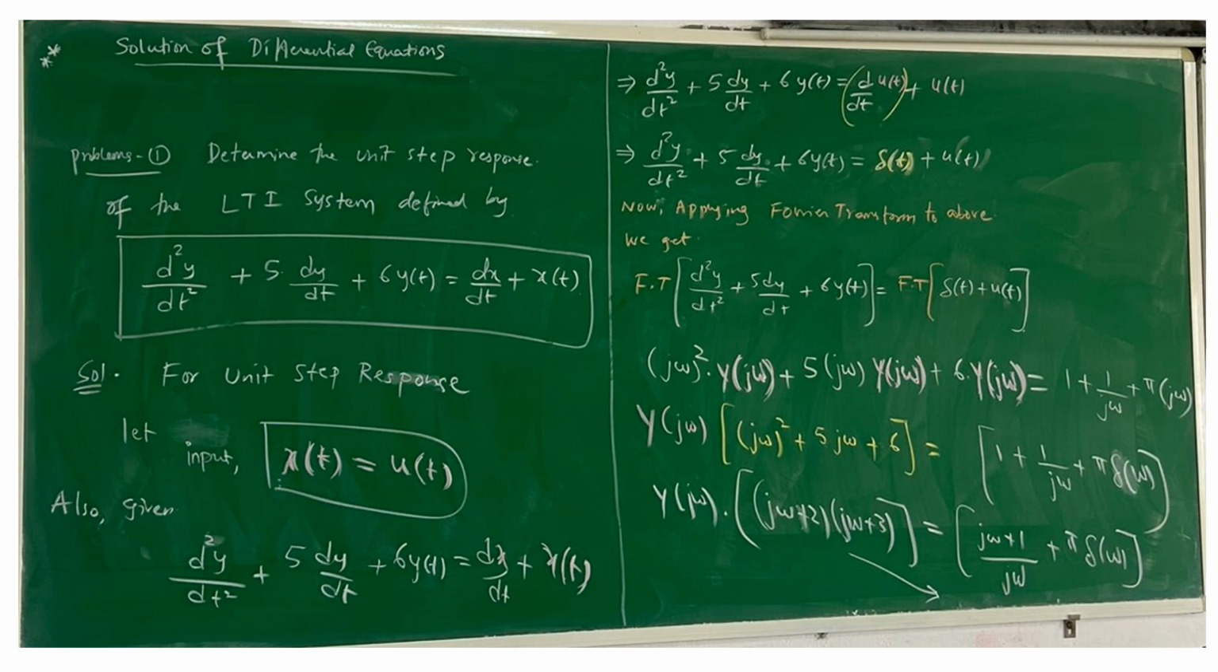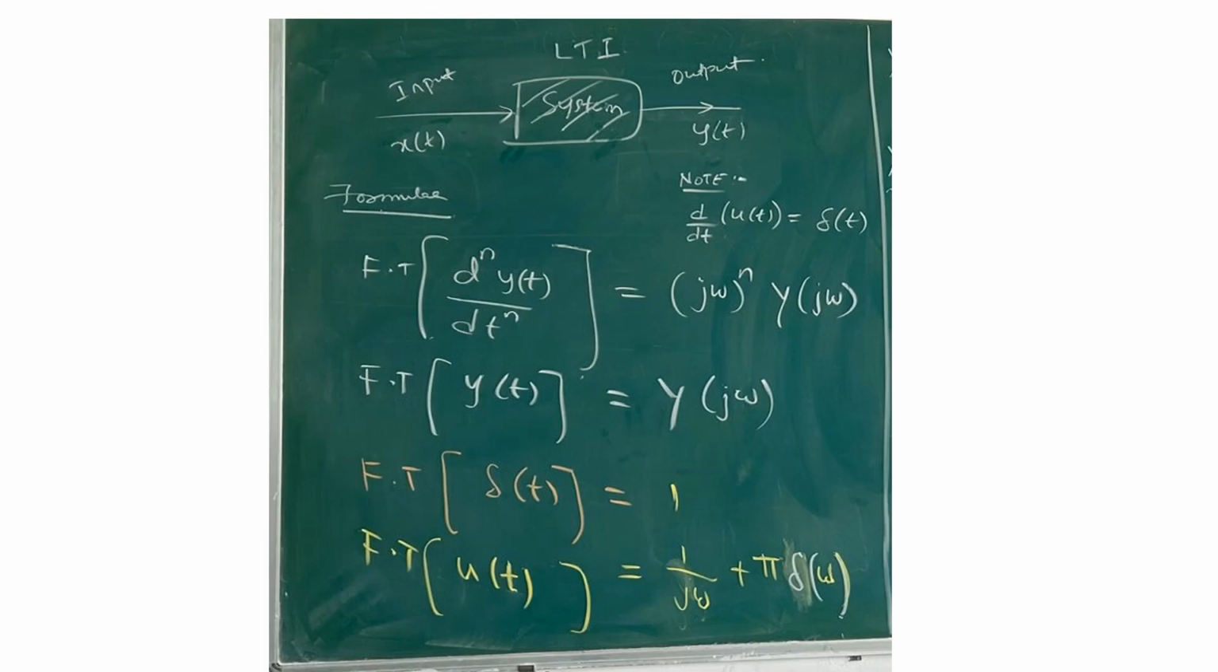We need to know some formulas before we proceed. The Fourier transform of the nth derivative of y of t is j omega to the power of n times Y of j omega, and the Fourier transform of y of t is Y of j omega. The Fourier transform of delta of t is 1. The Fourier transform of u of t is 1 by j omega plus pi into delta of omega. Using these formulas, we substitute the Fourier transforms and we get